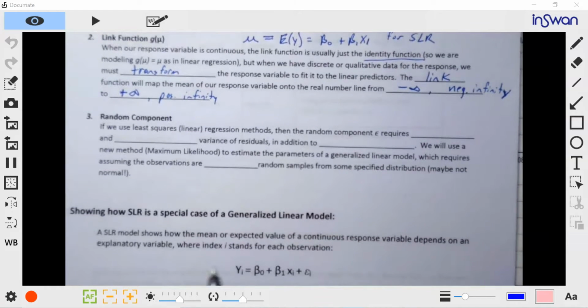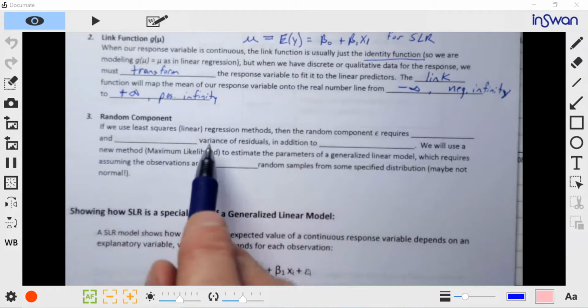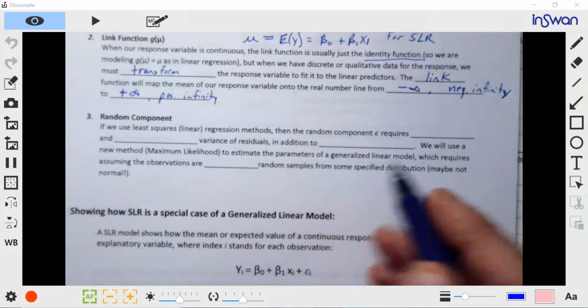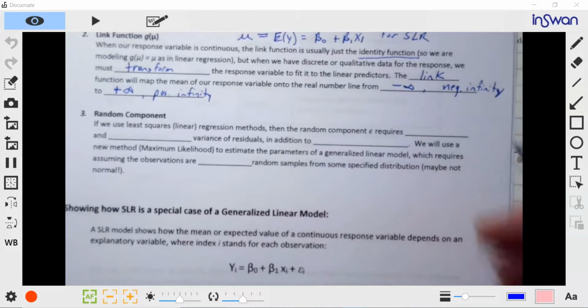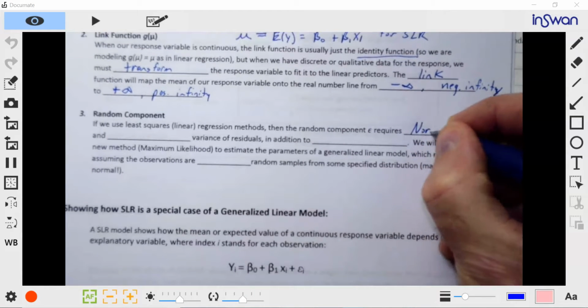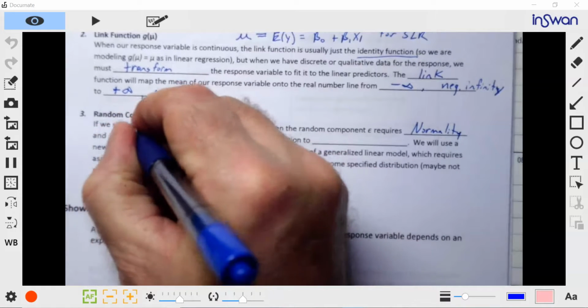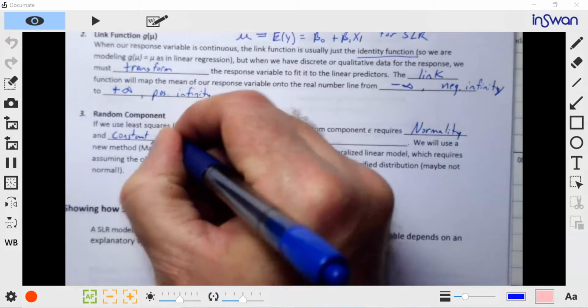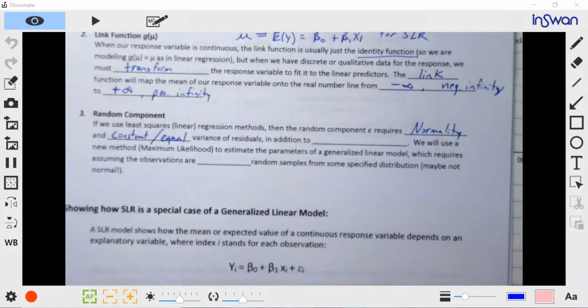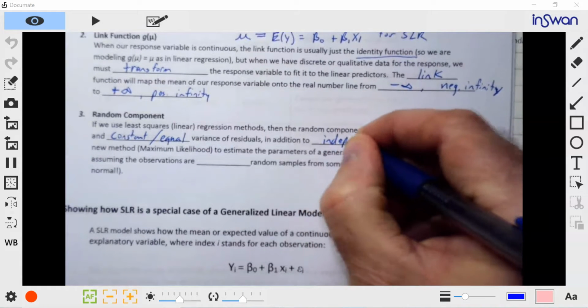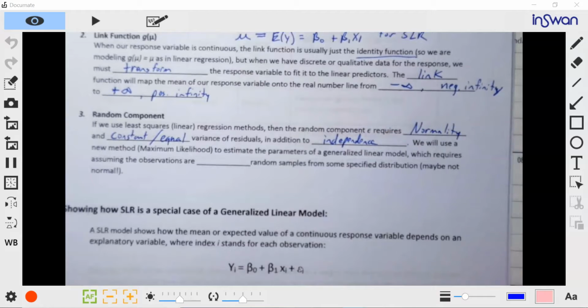Then there's also a random component. If we use least squares linear models, the random component epsilon, so remember epsilon from our linear models, requires normality and constant or equal variance of residuals, in addition to independence. So with linear regression, we had these assumptions, the line assumptions. That was for the least squares